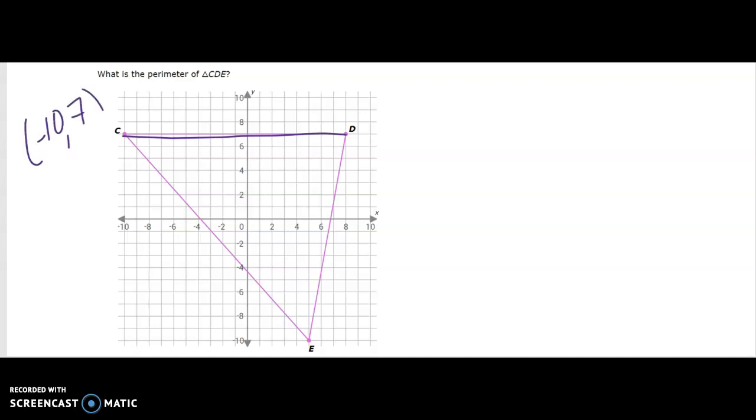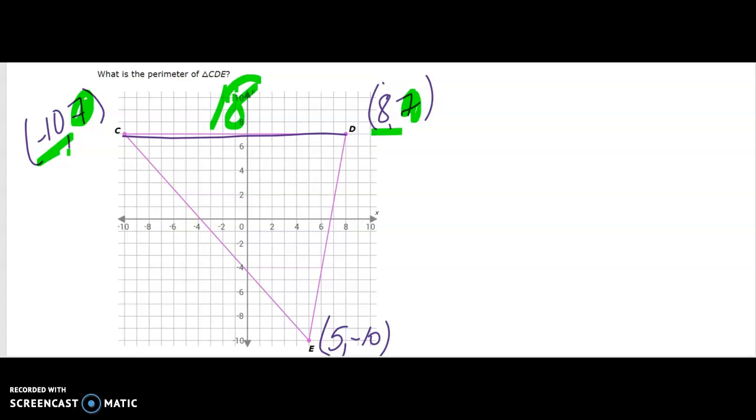-10, 7, 8, 7, and 5, -10. Alright, so for the horizontal one, the y's are the same. So if I go from -10 to +8, that length right there is 18 units long. Okay. But DE